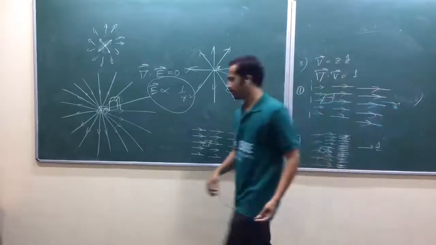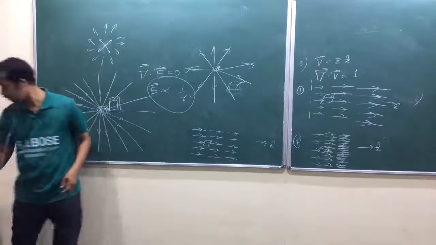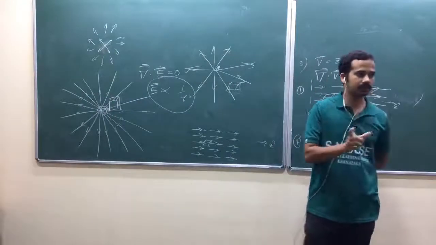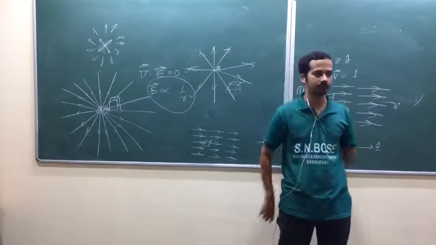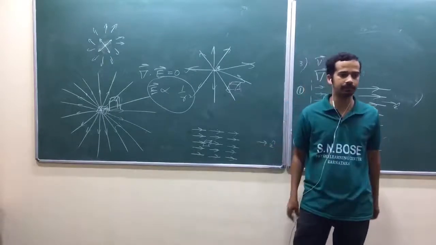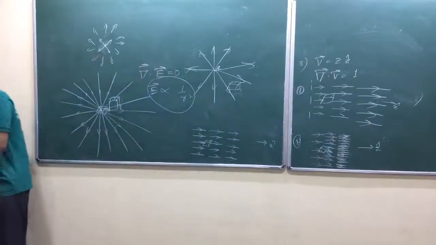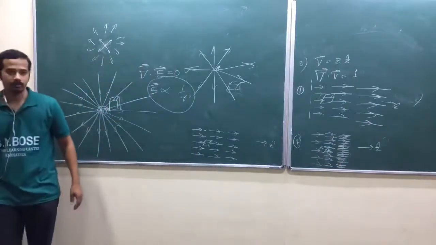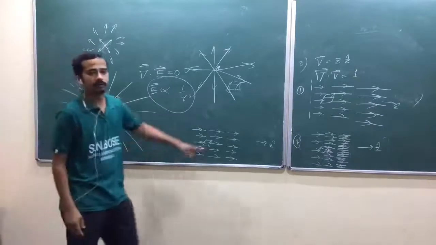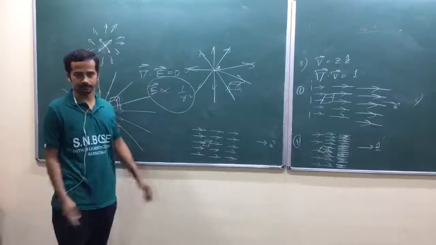Is that okay? Yeah, a lot of interpretation can be done here. First, solve all the problems, then try to interpret that one. Even for a small sentence he has given, he is expecting something from that. Some physical interpretation that he may be expecting. Try to do that. So take the divergence and try to interpret what kind of vector field it is. Again, he has given: find the divergence of r cap by r square. What is r cap by r square? It's a kind of electric field.